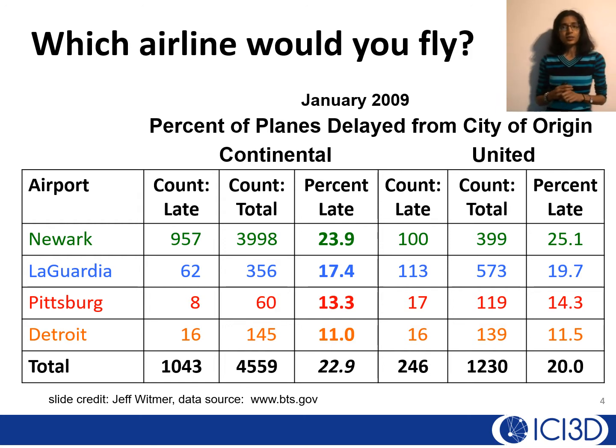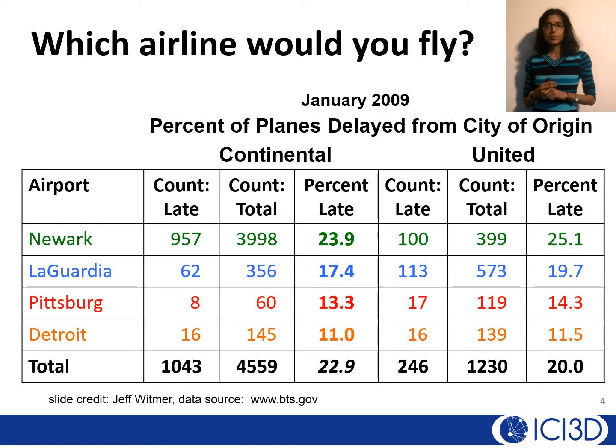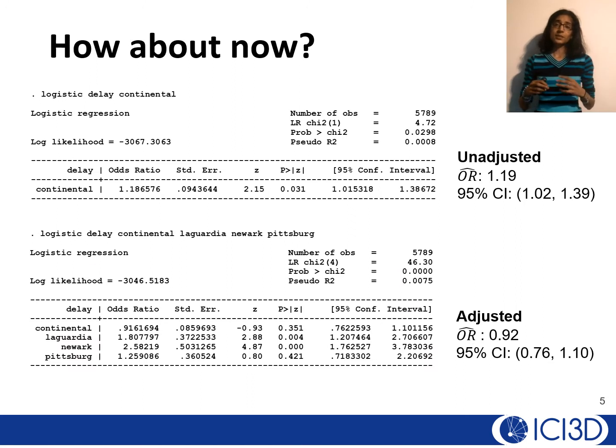City is related to whether flights are delayed or not. So we have the most flights delayed in Newark and the lowest percentage of flights delayed in Detroit. City is also related to airline. So the majority of flights take off in the first city, whereas only about half of the United flights take off there. So city was related to each of our variables of interest, and that in turn was creating a particular relationship